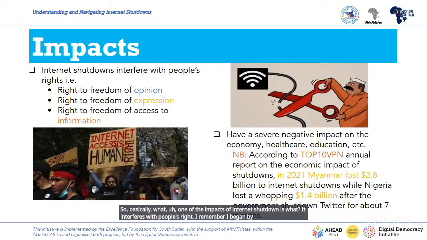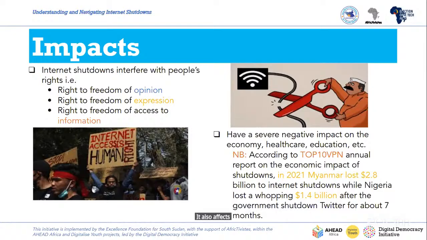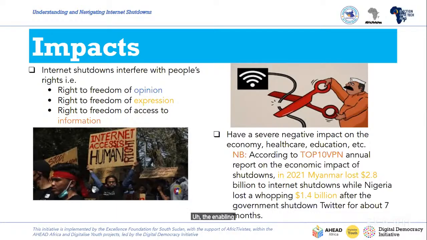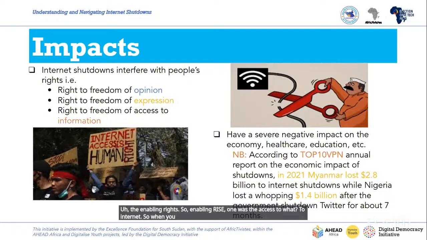I shared earlier, it affects what we call the freedom of opinion. It also affects people's freedom of expression, and then right to access of information. Earlier on, I mentioned the enabling rights. So enabling rights, one was the access to what? To internet. So when you have internet being cut off, all these rights are being affected.